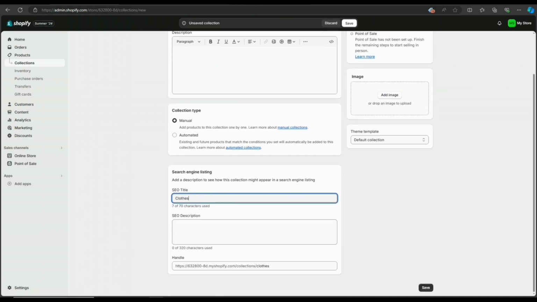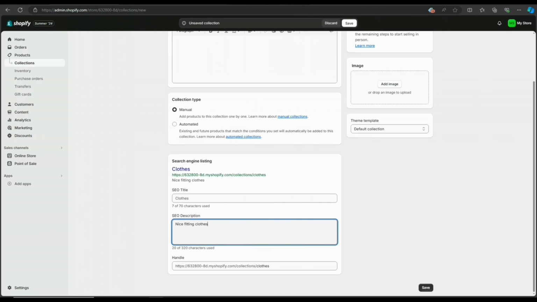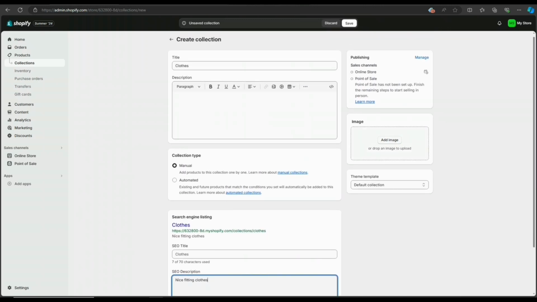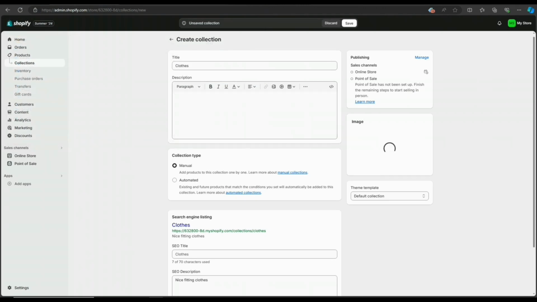Here in the search engine listing, this is where you'll be able to see how to add descriptions about your items so customers on different engines can see them. So if I say clothes, and over here I say nice fitting clothes. Okay. Now over to this part is where I can add any image of items that I wish to put up for sale. So I select